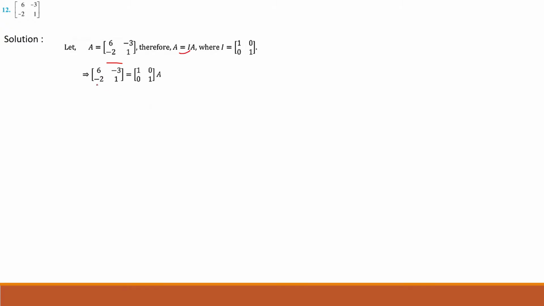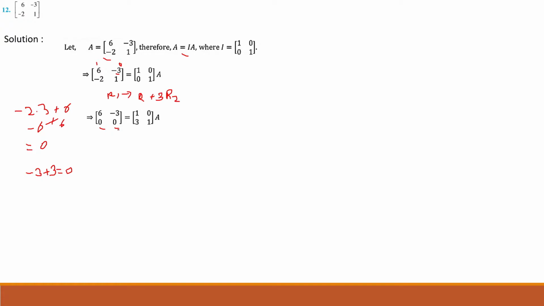be like this. So now here we'll first try to make this element as 0 and try to make this one as 1. So let us try a transformation here which is r1 transforms to r1 plus 3r2, which is 6 minus 6 0 and minus 3 plus 3 is again 0.